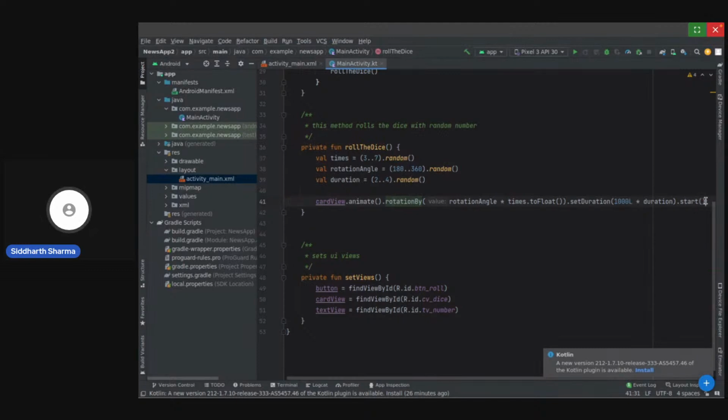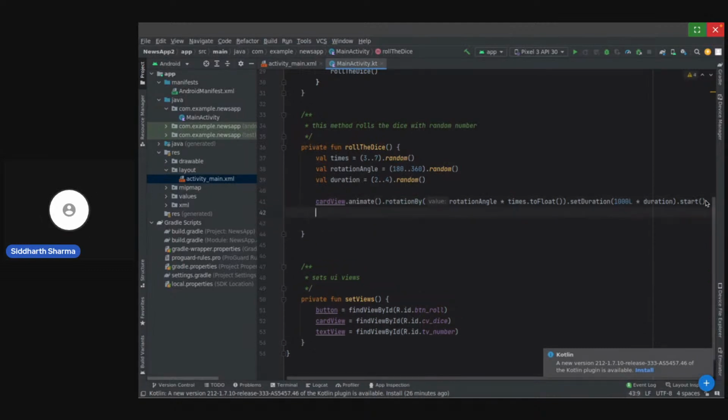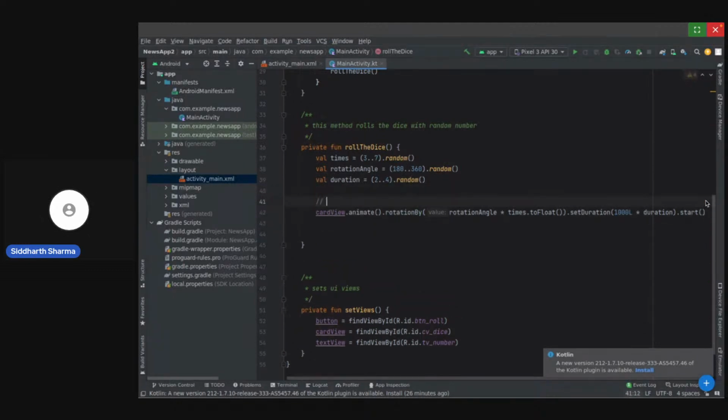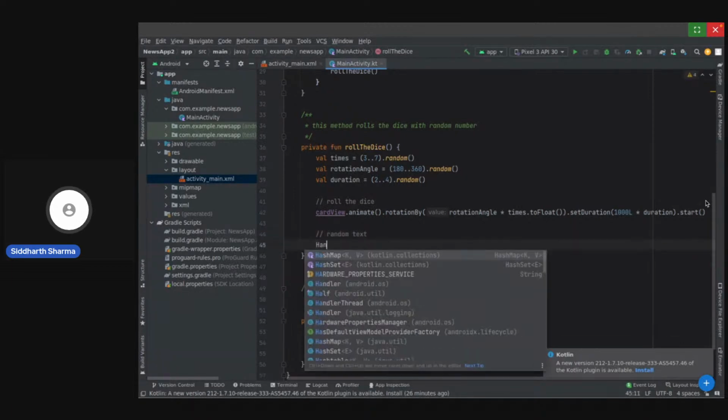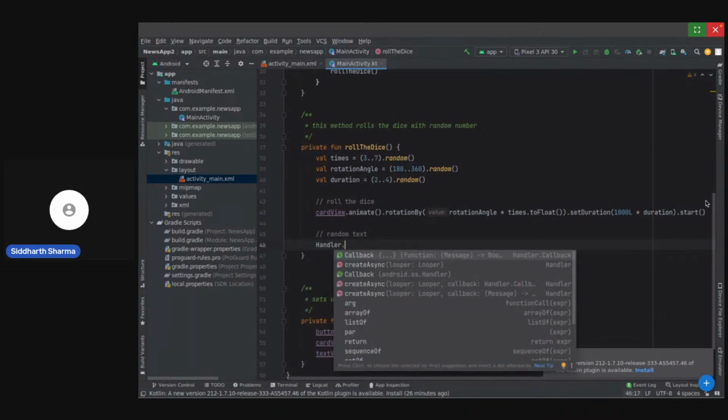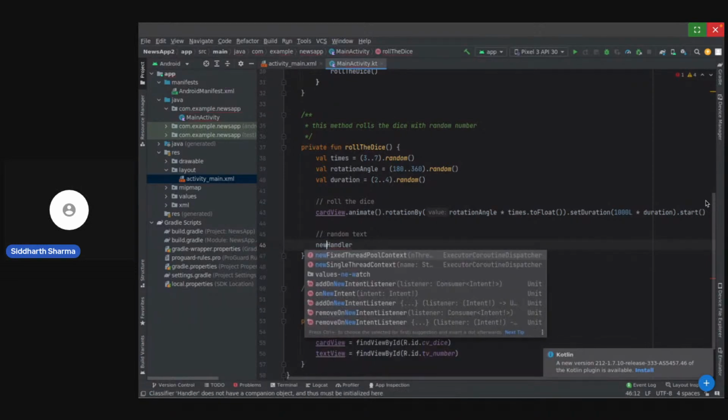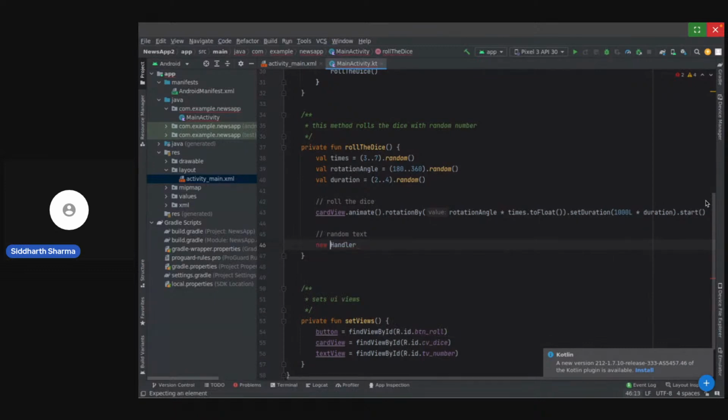And now in the next line we need to set up a random text. So roll the dice. Now we need to set up a random text. How we'll do that is by using handlers. Looper, get main looper, and post delayed.